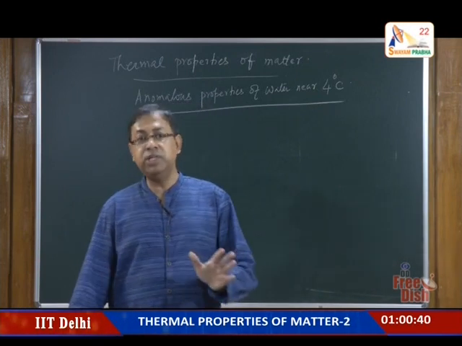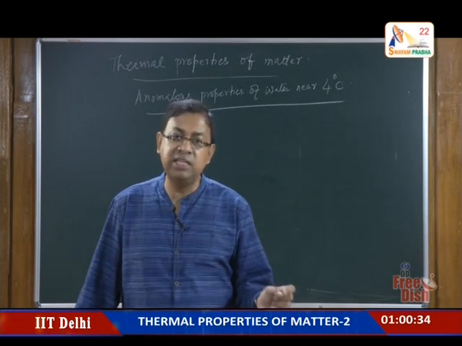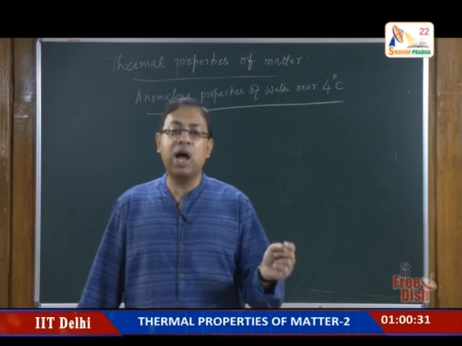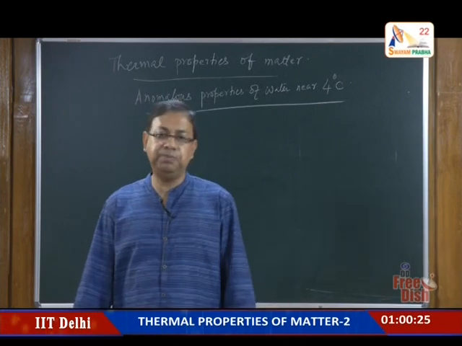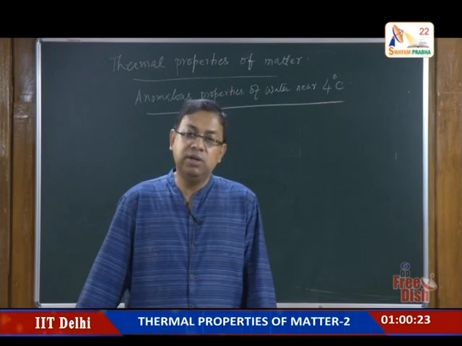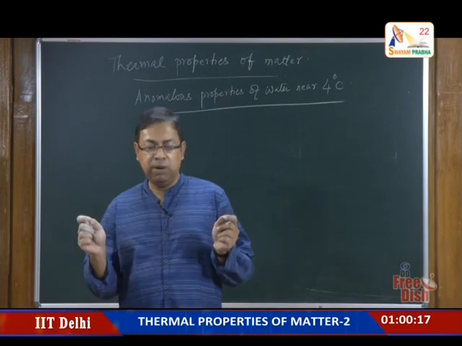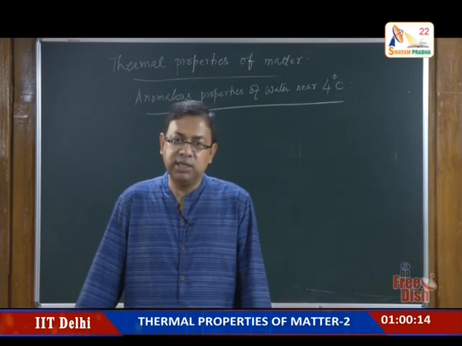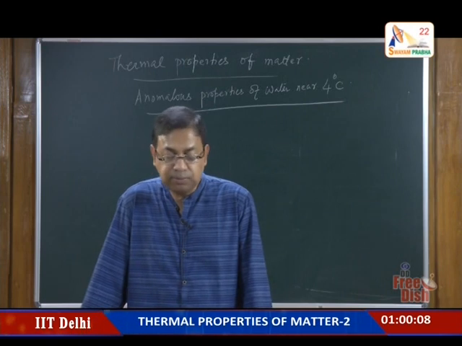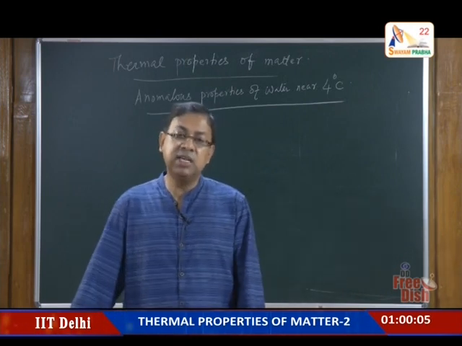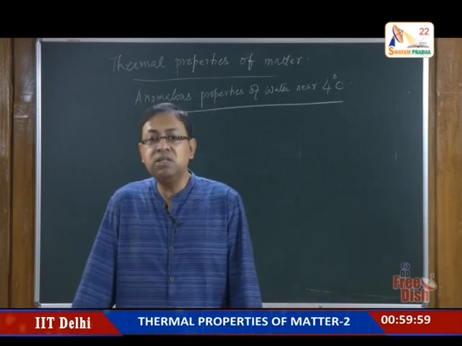Okay. However, between 0 degree centigrade to 4 degree centigrade, to remind you, 0 degree centigrade is called the ice point where water starts freezing or ice starts melting, the volume of water decreases in this temperature range, which is 0 to 4 degree centigrade. Okay. Now, this means that for a given mass of water, it has a minimum volume or a maximum density